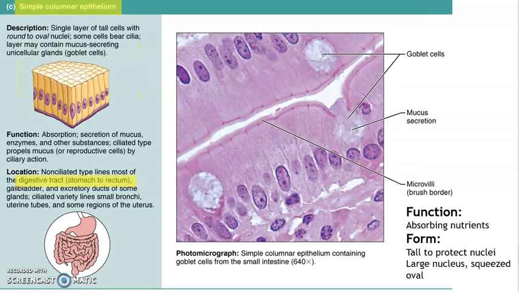When we look at columnar epithelial tissue, that can be involved in the intestinal tract. Think about the function there. You're absorbing nutrients. You don't know what's in that nutrient. Maybe it's something you might want to check out and keep away from your nucleus before it got all the way down into the cell. So a tall cell that keeps its nucleus down near the basal membrane might provide some good protection for this nuclear material, having a tall cell